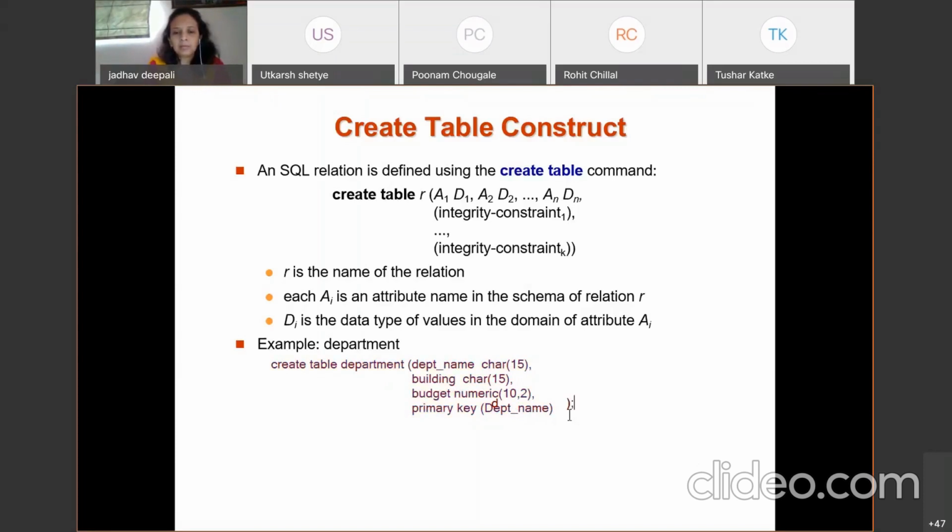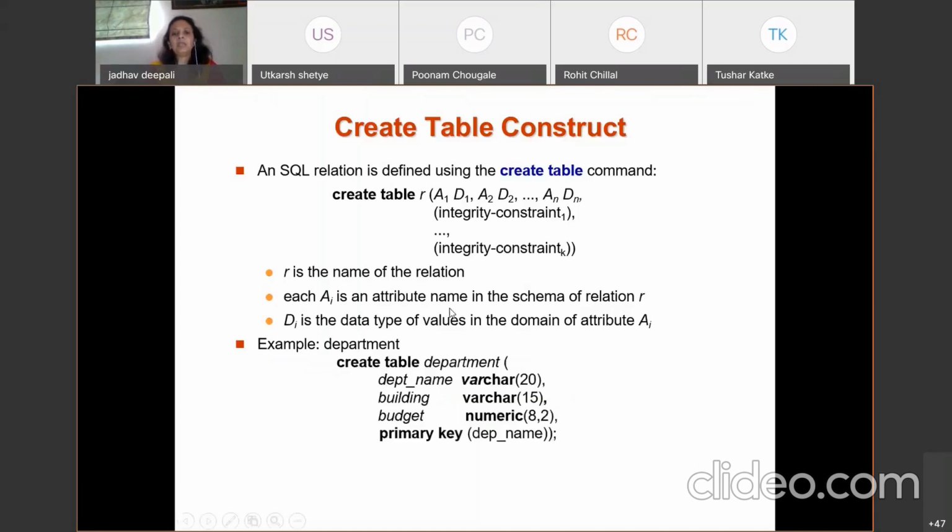And then semicolon. That is our complete table. And when I execute the query in any language or any database, that is, I use PostgreSQL or Oracle, it will create the table department with 3 attributes. The domain types are like this and the primary key is the department name. What is primary key? It is a constraint, correct? In this table, department name is the primary key. Once we declare it as the primary key, what happens? It automatically becomes not null and also it should be unique.